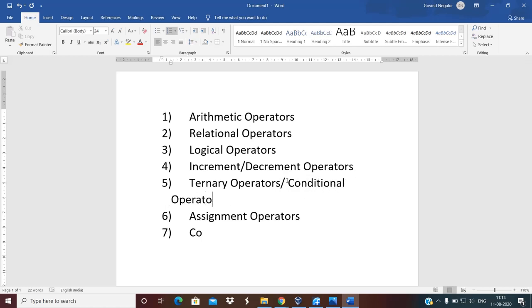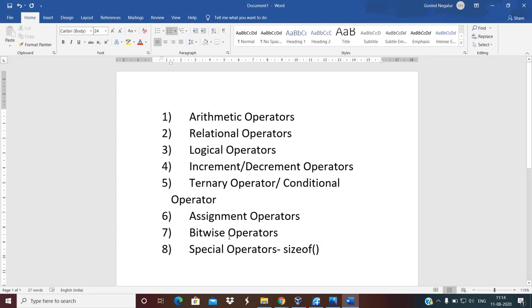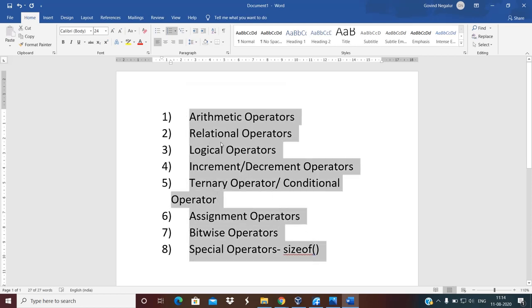There is only one operator for this, hence I'm going to write it as operator, not operators. Next, we have bitwise operators, right? We also have special operators. There is basically one special operator called the sizeof operator. So according to the textbook, your Balaguruswamy textbook, you can logically group the operators into 8 logical segments.